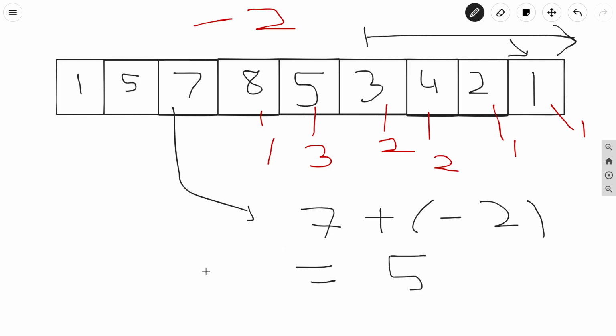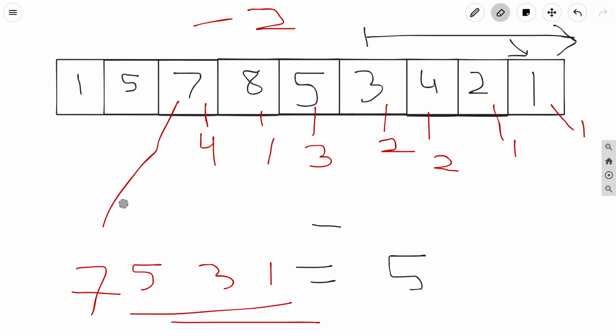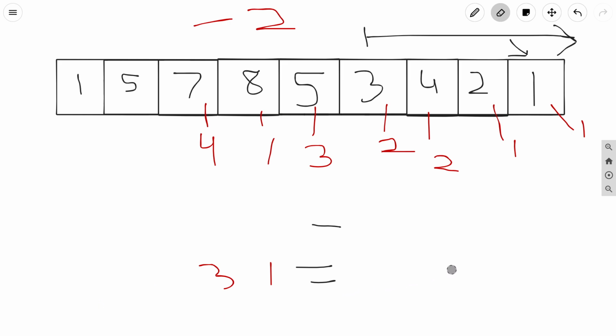So our arithmetic progression which was started from 5 was nothing but, I will write here, 5, 3 and 1. So what we can do, we can add 7 here. So I will add 7 here. You can see that the arithmetic sequence is now of length 4. So I will write here 4 in this case. Up to this you can see that the maximum of all these lengths is nothing but 4. Again we have some more elements with us, so we will iterate for them also.